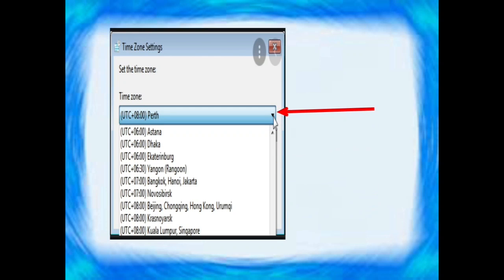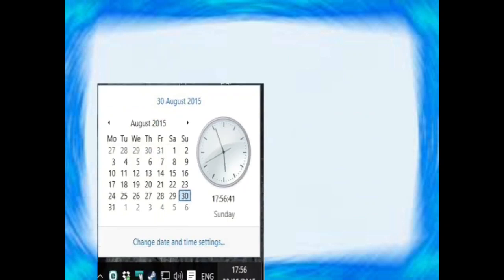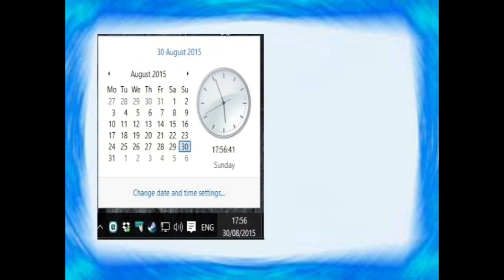For this, you click the down arrow and change your time zone. The next one is, after you change it, this is a calendar. That means in this taskbar corner, you can see this. The next one is the clock.